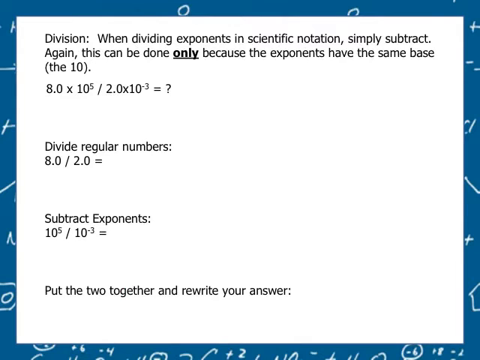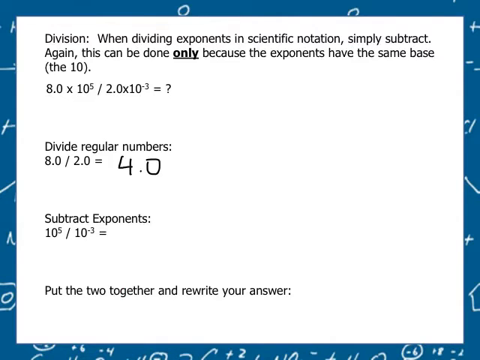Alright, now let's talk about division. You're smart people, so I'm sure you could figure out that if we added exponents for multiplication, now you just need to subtract exponents. And we're doing this again because all of our exponents are always going to have the same base, which is 10 for scientific notation. So this one, we've got 8 times 10 to the 5th divided by 2 times 10 to the negative 3rd. So my regular numbers are 8 and 2, so that's going to be